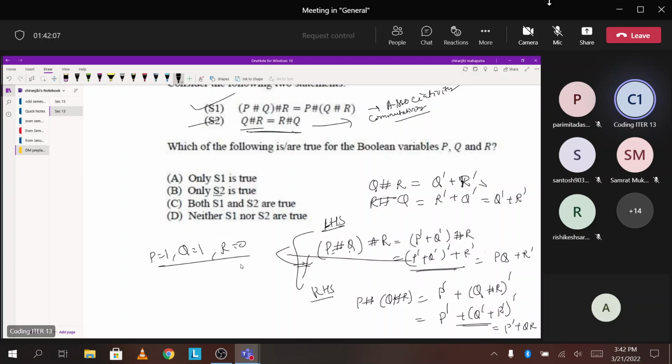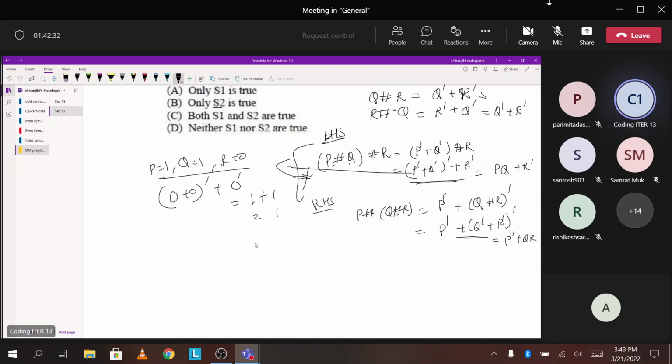ये चेक करो तो क्या आ रहा है, P equals to 1, so P dash plus Q dash is equals to 0 plus 0 whole dash plus 0 dash, that 0 plus 0 is 0, 0 dash is 1, 1 plus 0 dash is 1, ठीक है। So that is 1 only, okay। Then here you will get a 0 dash plus